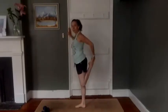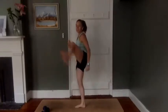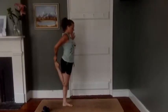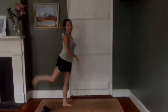You can start with either leg. Feel free to hold on to something in your house, a wall, a piece of furniture. And then we'll take that leg over the other thigh, sit back for figure 4. And then give that leg a nice swing, front to back, maybe some big circles clockwise and counterclockwise. And then same stretch on the other side. So just stretching the front of that thigh, pulling the foot towards the glutes. We'll turn this into that figure 4, sitting back, hinging at the hips. And then letting that leg just find some movement,